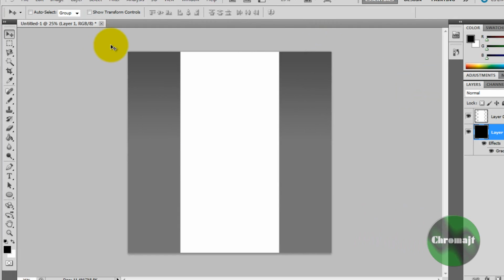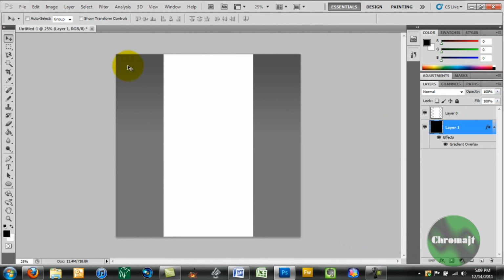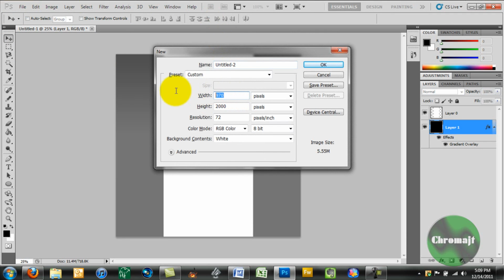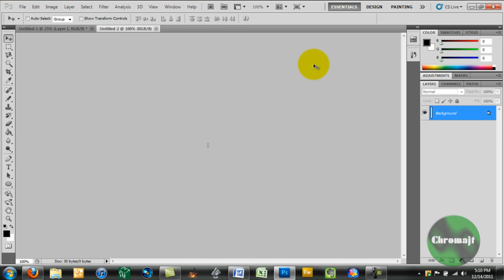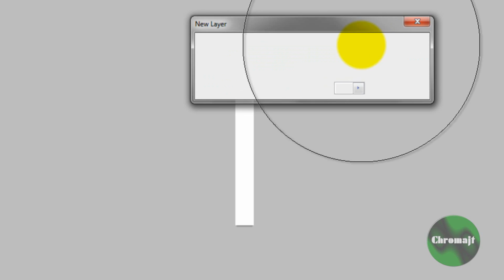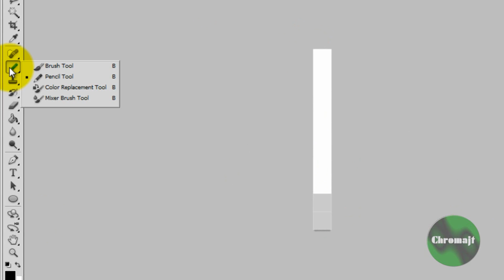Now, once you've done that, the next thing we're going to do is we are going to create the stripes. Now to do that, we're going to make a new canvas, and we're going to make this 1 pixel wide by about 10 pixels in height. So it's going to be really tiny, and go ahead and zoom in as far as you can. Then with your eraser tool, we're just going to double click to unlock the background and erase everything that it has. Now go ahead and take your pencil tool